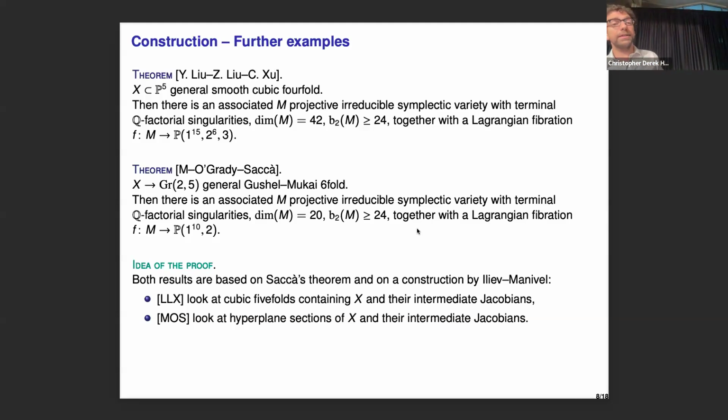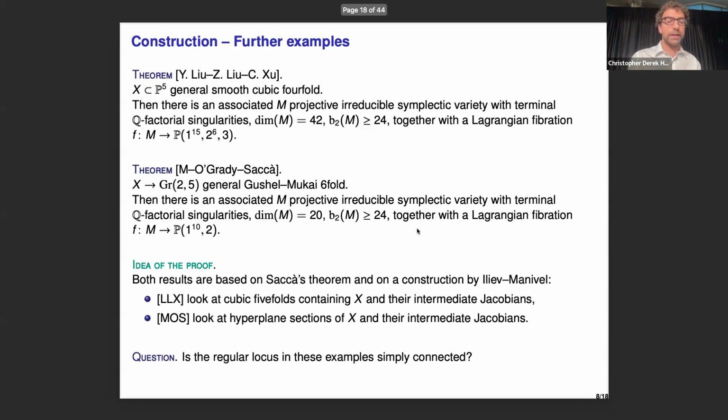For us, it's slightly easier because it's very similar to the case of LSV. So I'm just taking hyperplanes. But again, there is a small symmetry because the involution on the sixfold will give a non-trivial map on the hyperplane section. So I need to do something else as well. Anyway, so this is the construction. And sorry, there is a question here: to really get something non-trivial, I would like also the regular locus to be simply connected. This is not known yet. I'm not claiming it's harder or easy, just that we haven't done it yet.